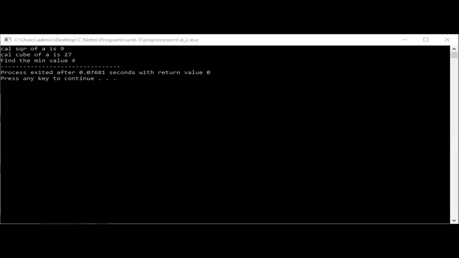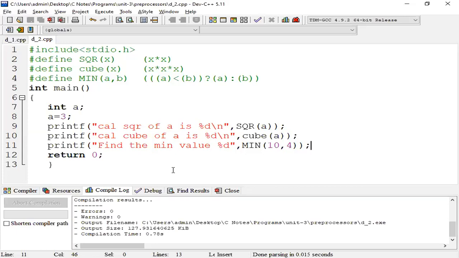Next, hash define cube of x equal to, directly we can use x into x thrice. So that is also cube. Okay, just a minute.